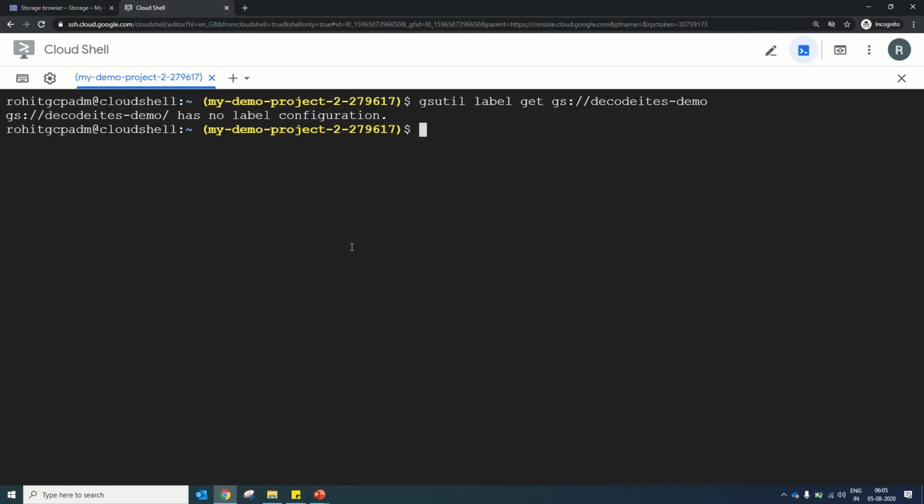Now we will add a label. gsutil label ch -l, host center, admin, finance.